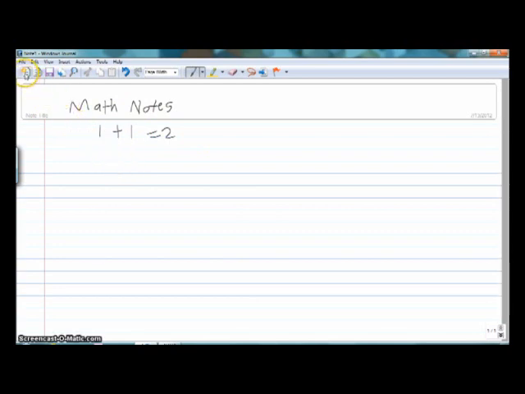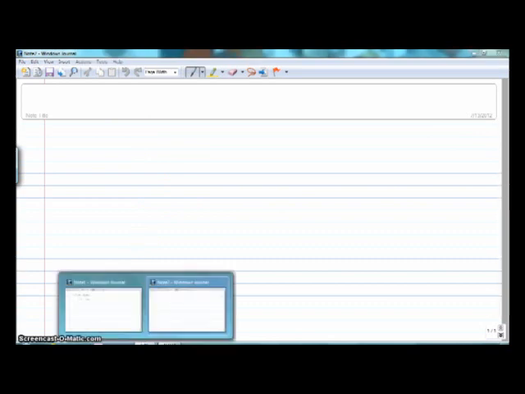Now to create a new note, you go up here to this icon here and click New Note. And now you've got another blank note, as well as the other note that you were previously working on. If you scroll down to the Windows Journal icon on the taskbar, you got your original note as well as your new note right there. So that's how to get started with creating a note as well as being able to write on the note